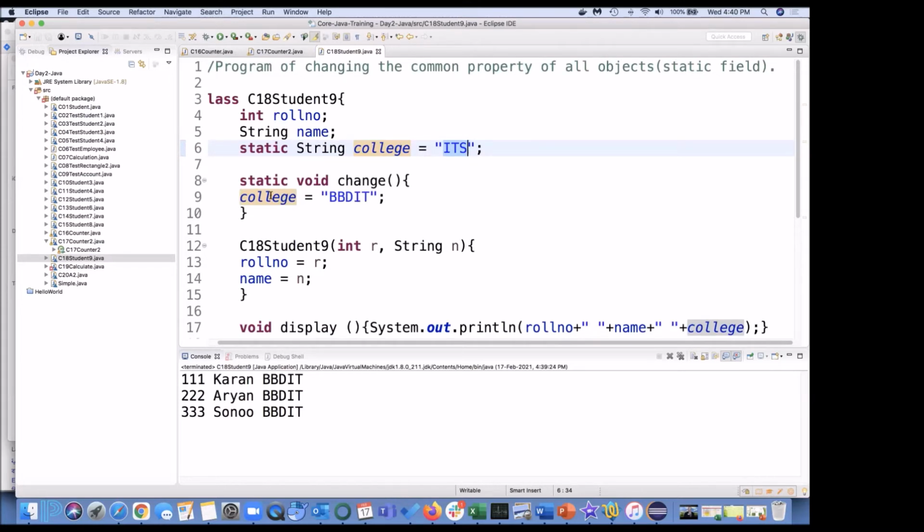And again, this is not a local variable. If suppose I define some string here, now the story can be different. But this is static, and it has to be static if I want to use it.